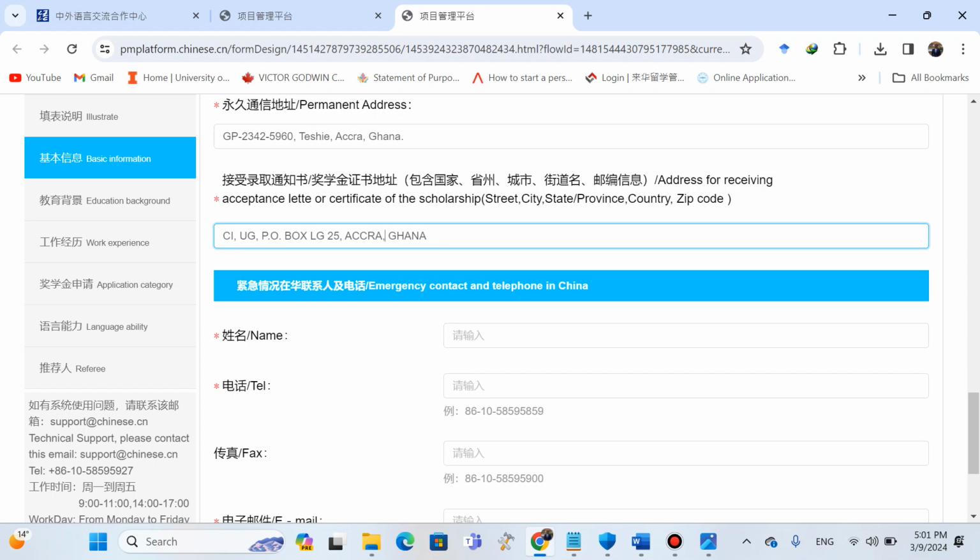I don't know if they have the GPS there, and I don't know the house number and all these things. But if I were to be in Ghana and I wanted to use my workplace, I would have just said, let's say I'm a TA at the Chinese section, so care of Chinese section at the University of Ghana, Legon. So you see, it has exceeded the 50 characters. So this is where you just do